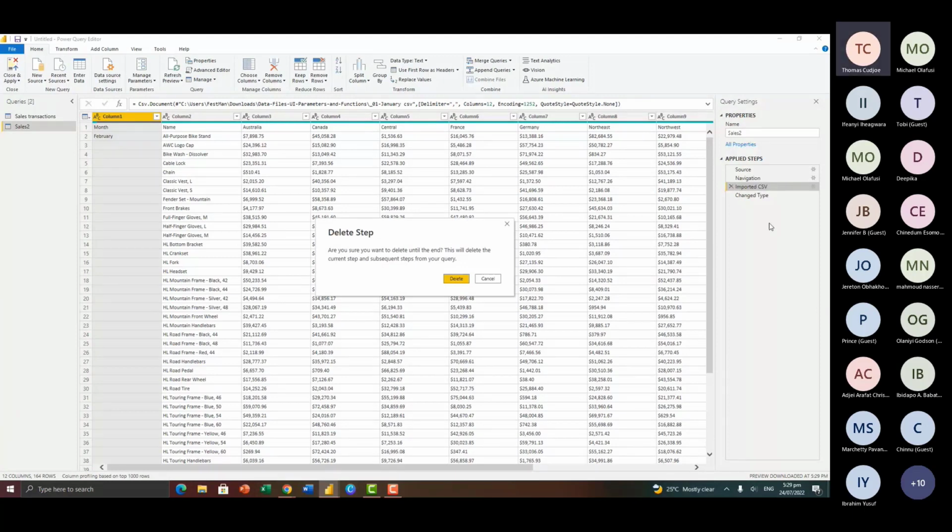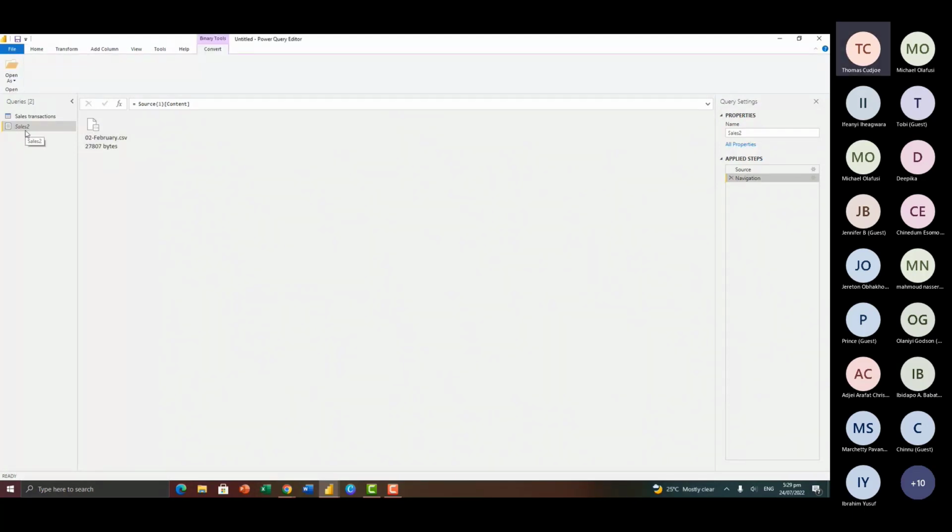So we have this here. Now with this, we can create a parameter around this. So here you can select this and then right click. But when you come here, you see that the option to convert this into a parameter is deactivated. So now what we need to do is to create a parameter ourselves using this as the binary query.